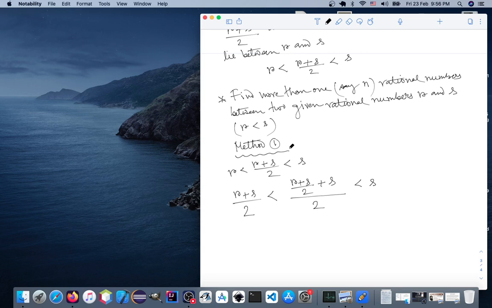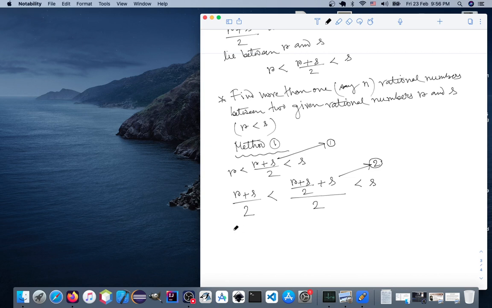So this is the first rational number we have found. This is the second rational number we have found. If we keep on doing this, we have found this rational number between (R+S)/2 and S. We could have done the same thing with R. We could also find a rational number between R and (R+S)/2,